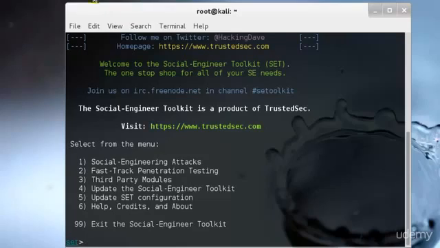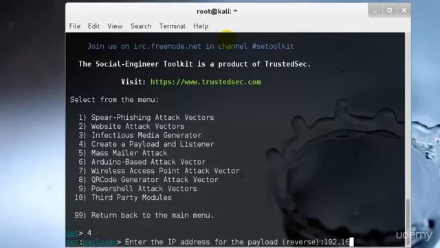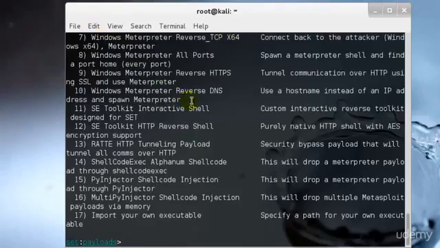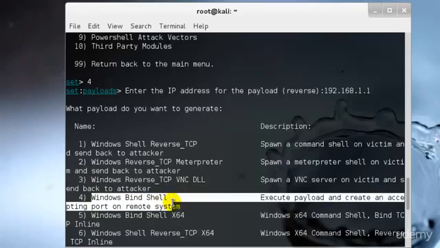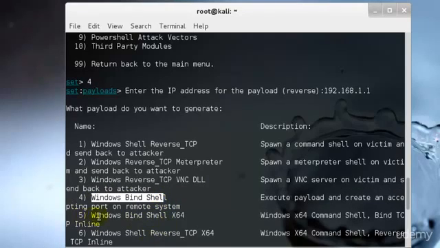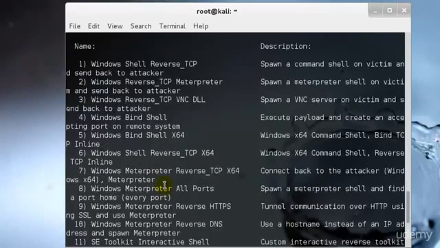You can start it through a lot of ways. I'm just giving an example. Let's say for example, let me check social engineering and payload and listener. I just type any random IP address. I'm not actually creating anything, so I'm just showing you exactly how it works. As I told you about Windows 32 bind Meterpreter, that is this shell over here, and it's also available for 64-bit as well. Then we have the reverse shell, that's these three, and then we have Windows 32